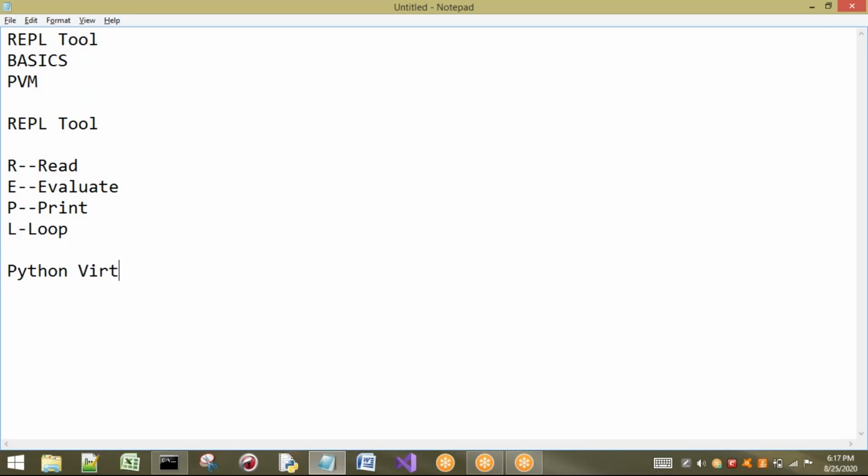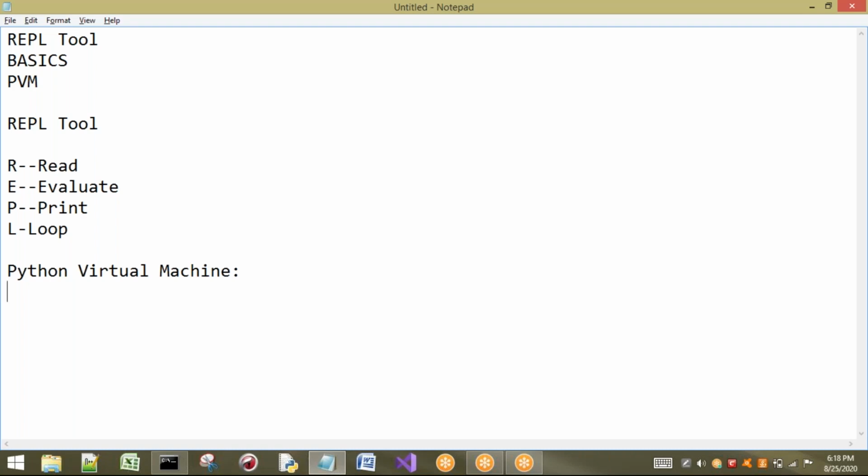Everything in our Python is going to be done by this Python Virtual Machine only. So we have to understand minimum basics about it. Without knowing this, even if you know programming, we cannot understand what happens internally.